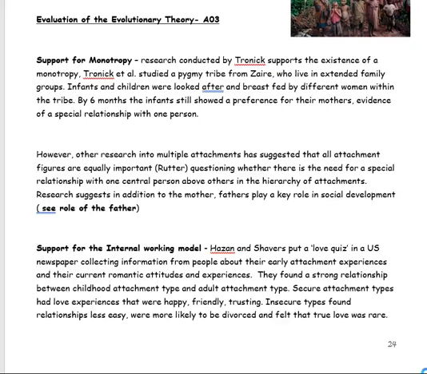Lesson on the evolutionary theory, or Bowlby's monotropic theory of attachment. And this is really about evaluation and just showing you how to access and where the resources are. So if you have your attachment booklet, which I will be giving out in class tomorrow, if you can turn to page 24, we've got the evaluation of the evolutionary theory, and there are a few points there for you